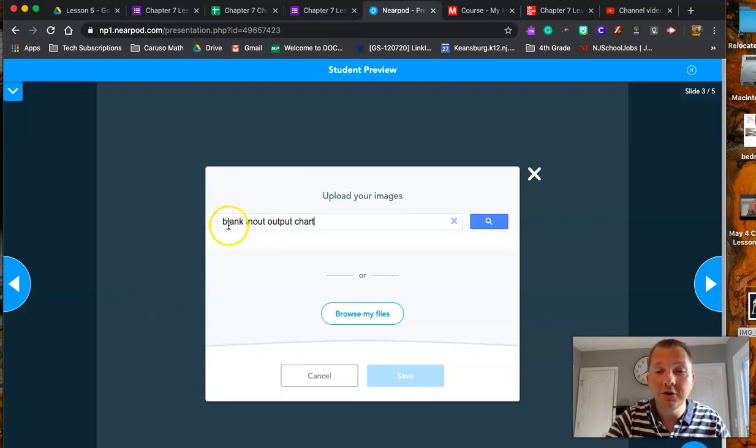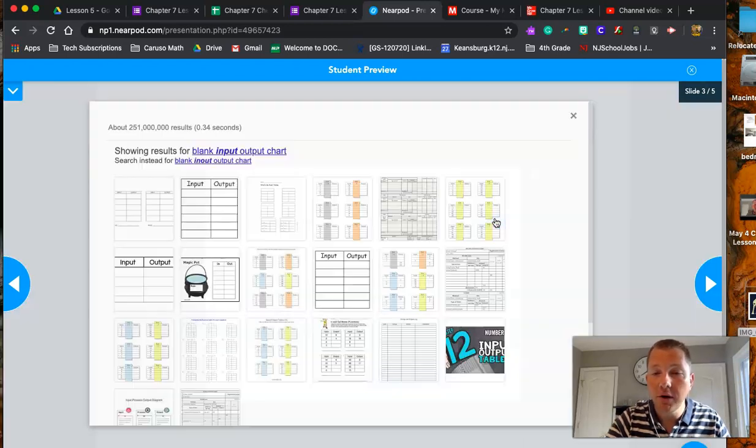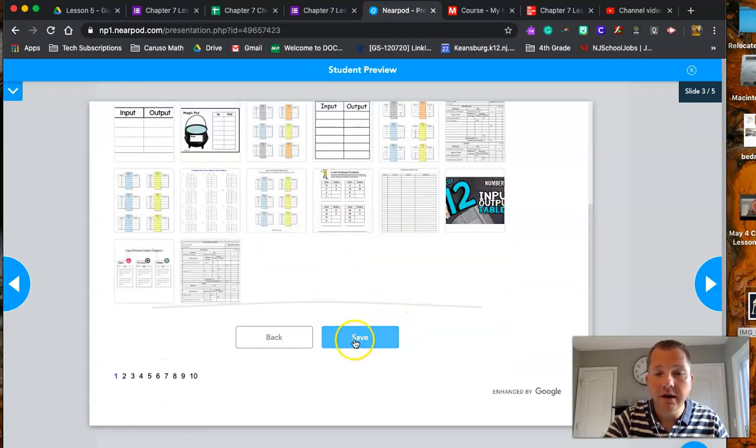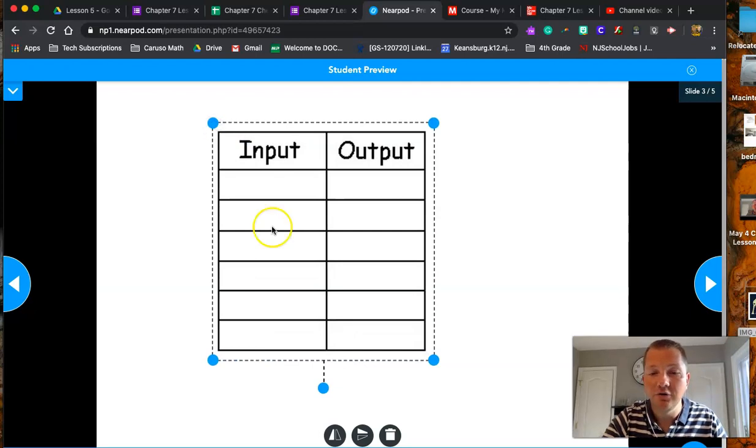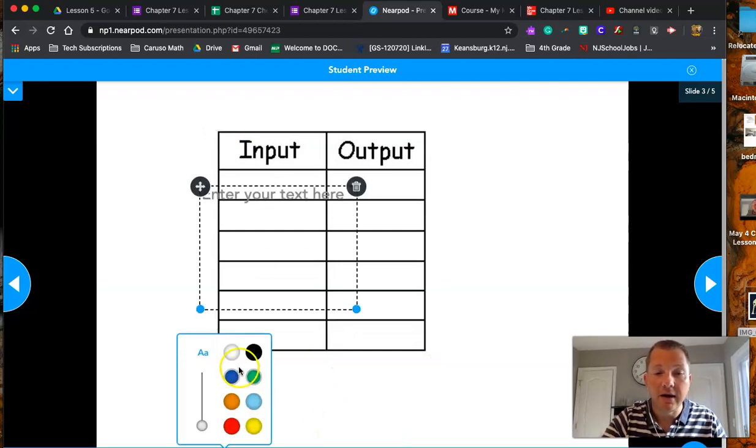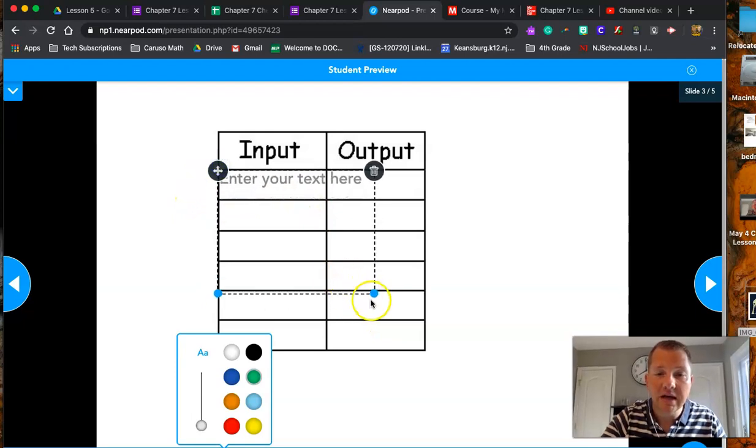All right, so inside this chart, you're going to write blank input-output chart. Hit the little search button right here. This option is going to pop up right here, and I actually spelled input wrong. You're going to pick this chart, and you scroll down, you hit save. The chart's going to populate inside your drawing tool here, and then I would just insert a text box, center that text box inside of the chart,